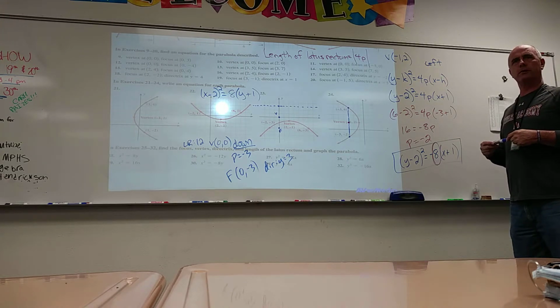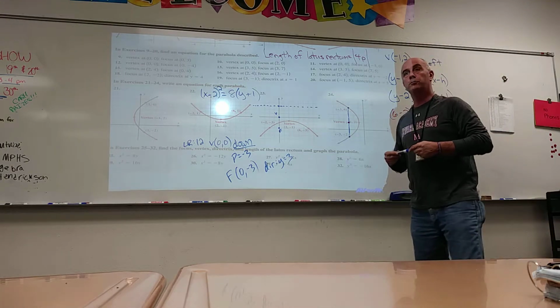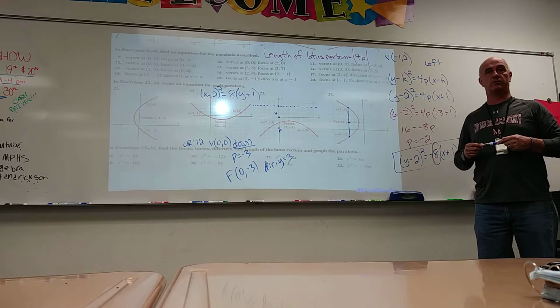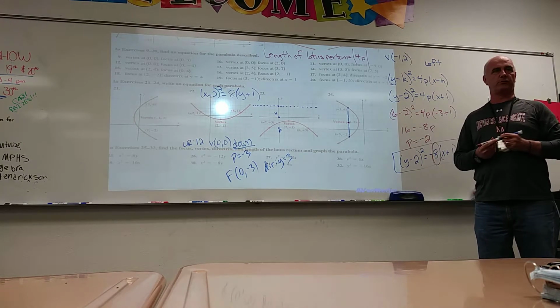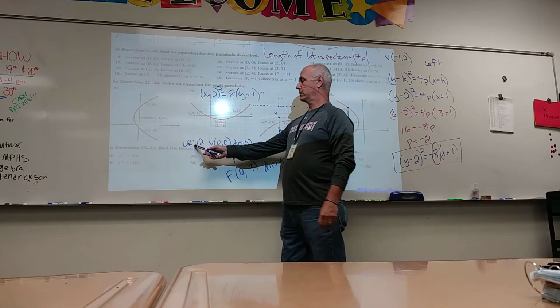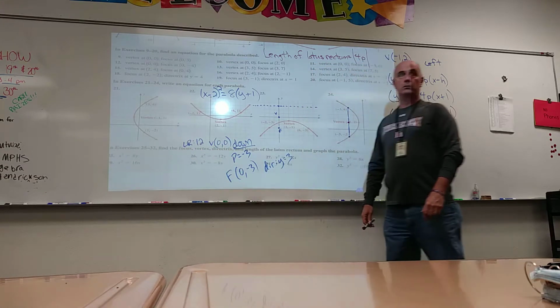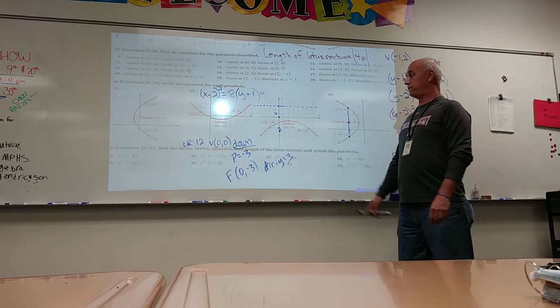I'm not sure if I've talked to you about this yet, so let's do that. We can find 2 points. How can we find 2 points? The latus rectum. That is the main purpose for us for the latus rectum: it is to draw this thing. If the latus rectum is 12 units long, and it goes through the focus,